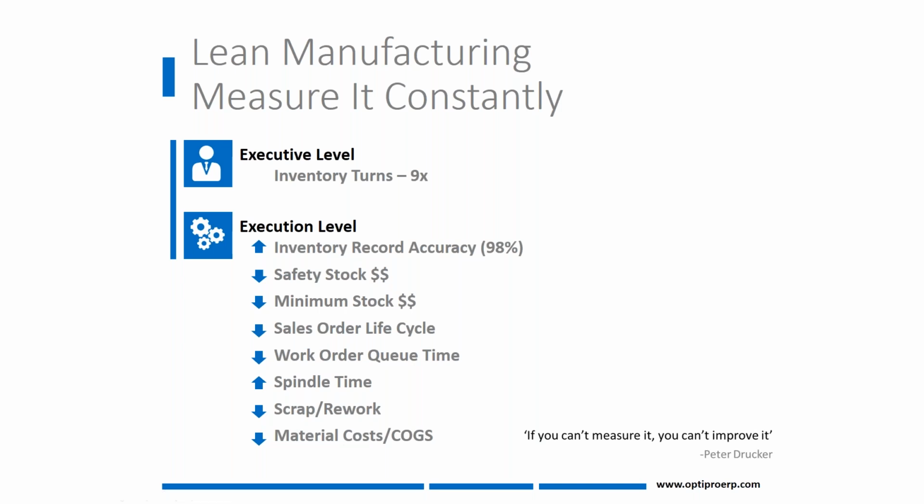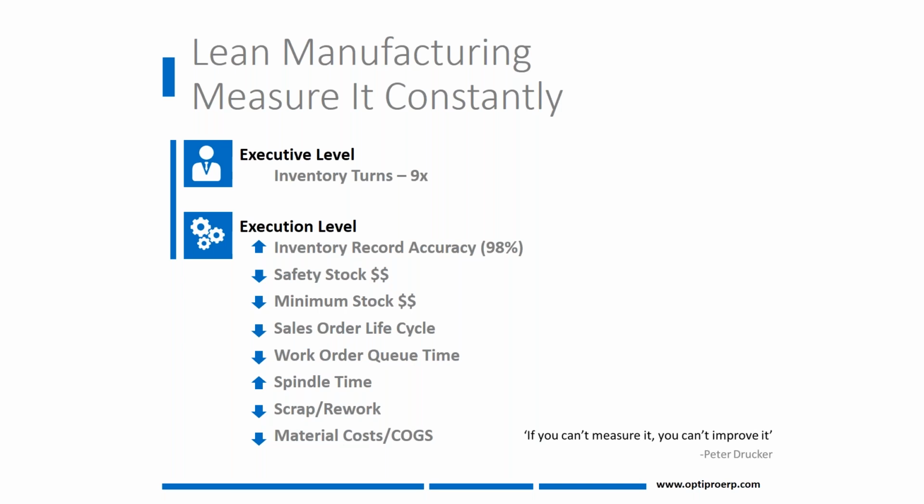At the executional level, day-to-day KPIs that we should be looking at: inventory record accuracy, at a baseline, 98%. It's good, but it's not great. Sounds like a nice number, but you really should be driving it north of that. Your safety stocks should be going down. If we have things under control, if you have lean manufacturing, why do we need safety stocks? Numbers should be going down. Your minimums on your stock values, again, should be heading south for exactly the same reasons.